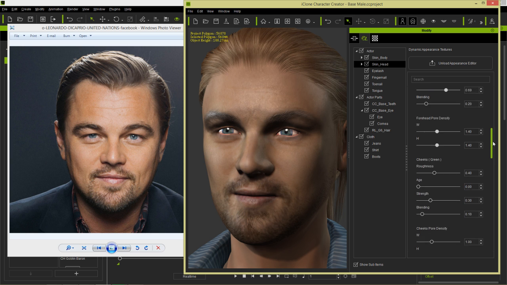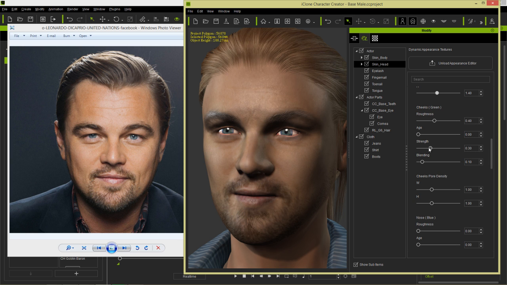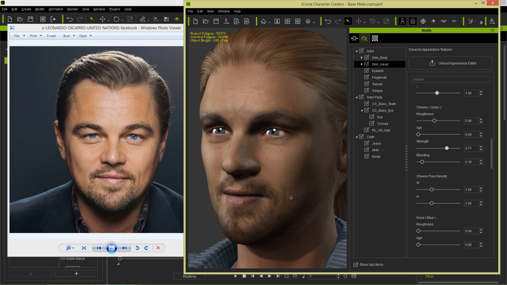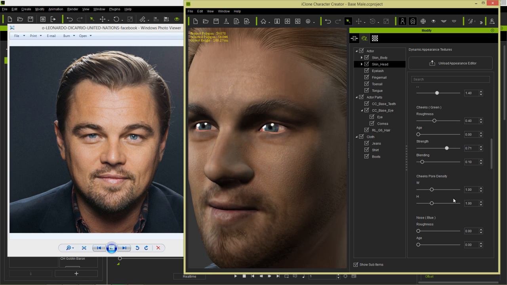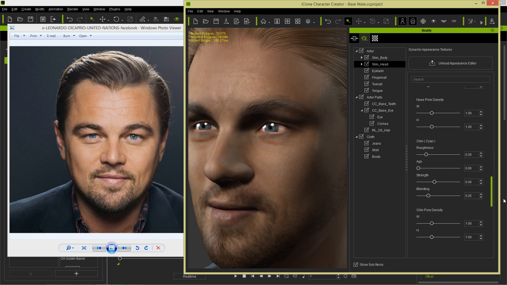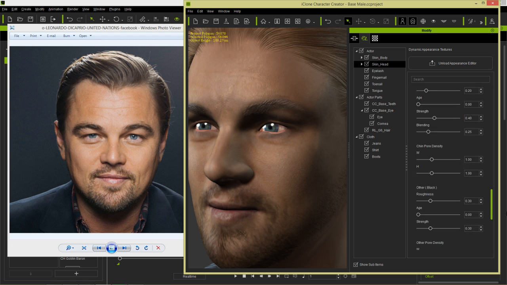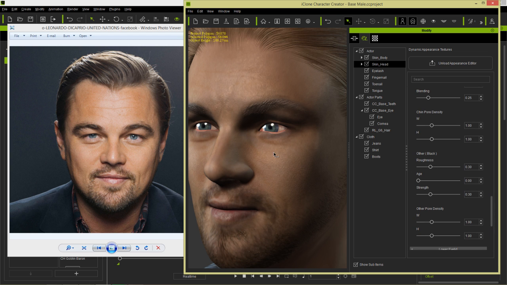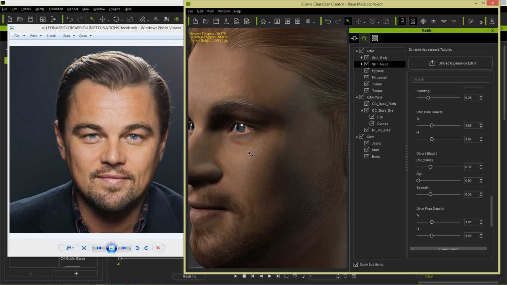All right, and then let's move down to the cheeks. We can do the cheeks as well. Give him some texture on the cheeks there. You can see the strength increasing. We don't increase it too much. But let's change that pore density again to 1.4. Now you can't see it super accurately because we're currently at 1024 by 1024 resolution. Again, I go into a lot more detail on this stuff in the character creator tutorials, but I'm just going